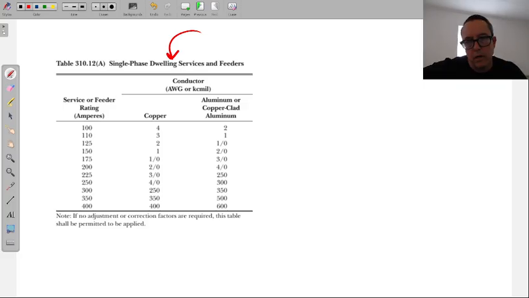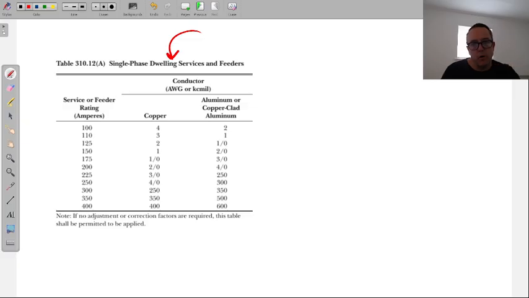Now we would, again, do a load count, always the load. The load dictates what size the wire has to be. All right, if you need to write that down, write it down. It's just something now to start to memorize. It's the load that I want to know. That size is my conductor.